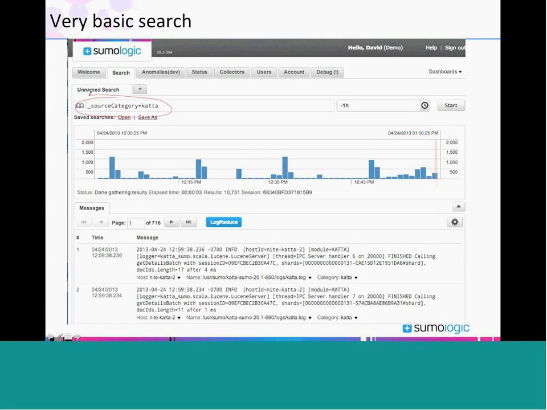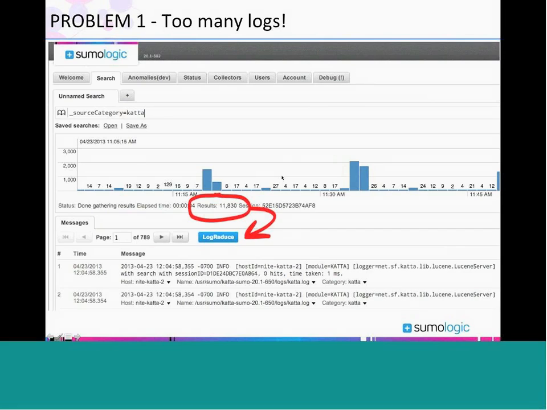And this is, okay, give me all the logs for this one particular system component, source category. And this is all well and good, and I get this scrollable, nice paginated list. I can go through and look at the individual logs. However, there are 716 pages, and this is just too much for any human to really wrap their head around. I'm not going to read through more than 10,000 different logs.